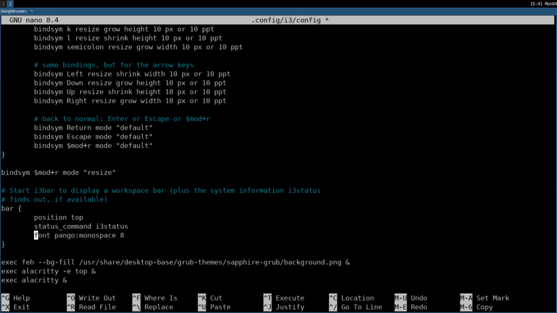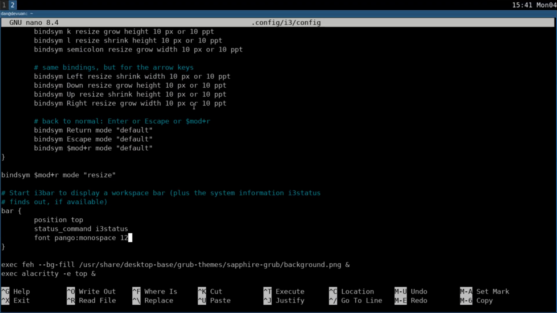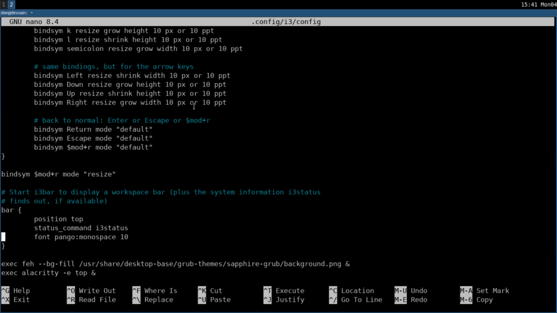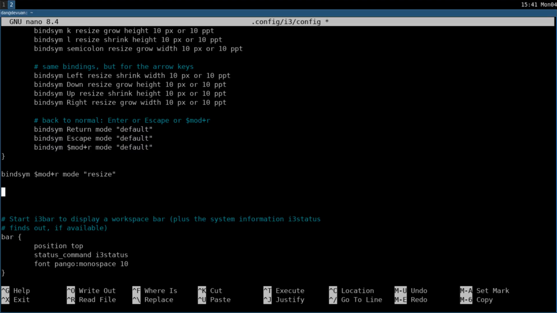So we put into the bar section the font, and then for example change this to 12. So restart, Super key Shift R, and now you see the top bar is much bigger. We change this to 10. This is nice. Okay. Then I insert here